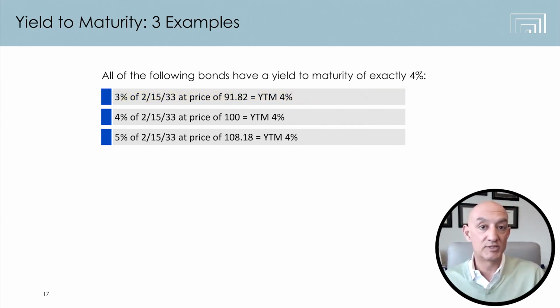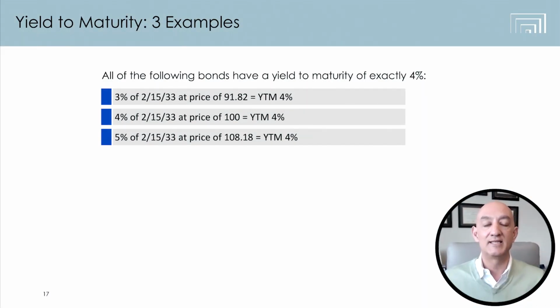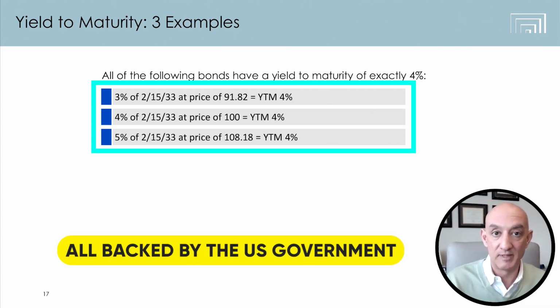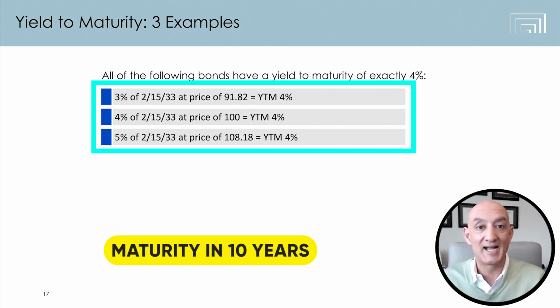And then there's another one that was issued, let's say, 20 years ago as a 30-year bond when rates were at 5%, right? So now you have 3 different treasury bonds, one with a 3% coupon, one with a 4% coupon, one with a 5% coupon, all going to the same maturity date. So these bonds, essentially, there's little differences, but for the purposes of the basics of bonds, essentially take it that these 3 bonds all have basically the same risk. They're all backed by the U.S. government, so they don't really have much credit risk of going bankrupt, and they're all maturing in exactly 10 years.